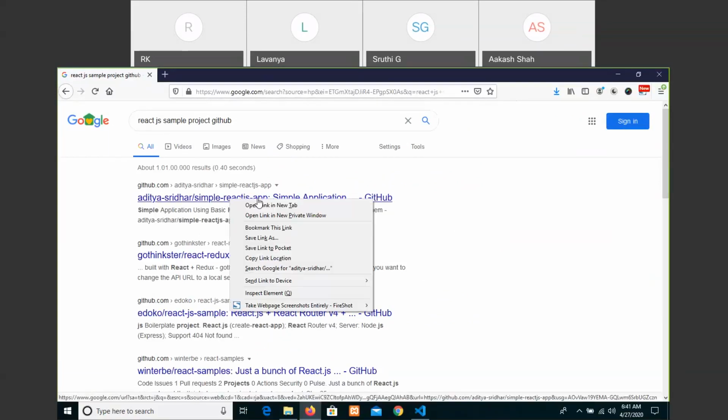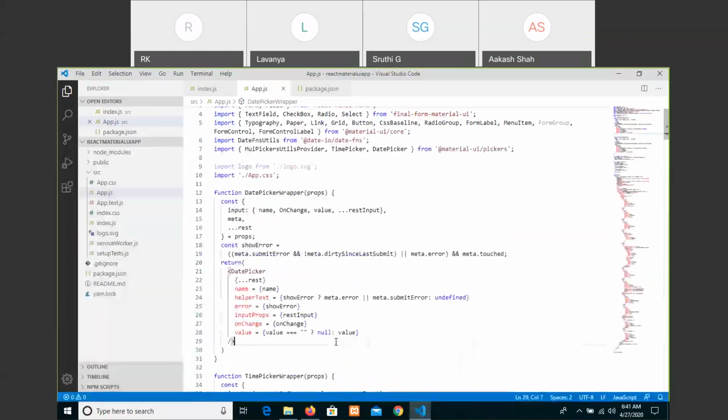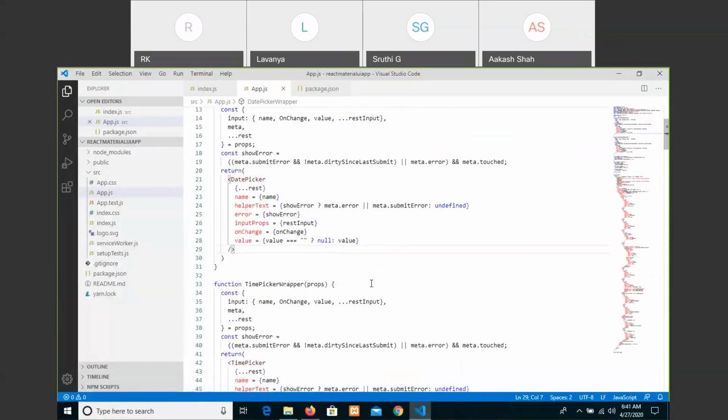So if I have a requirement to work with the API, then I will search and get the GitHub link. If I have to work with the material UI, so as we have written here, instead of writing, we can also clone.